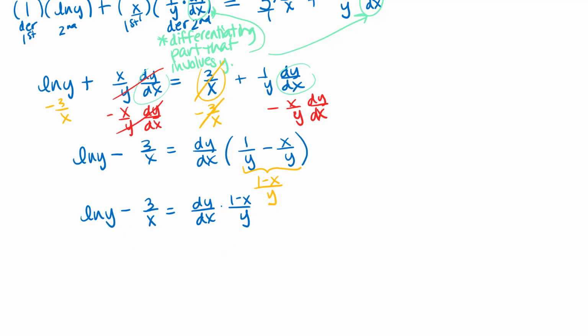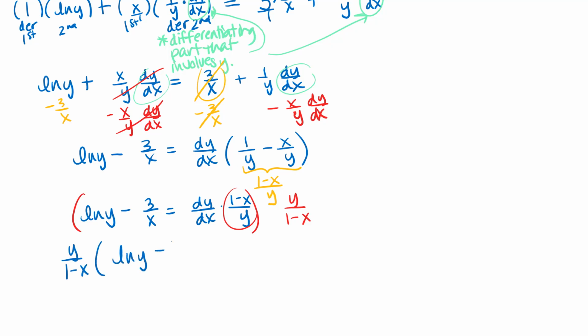And instead of doing that, what I'm going to do is multiply by the reciprocal of the fraction that I have over there on the right side. So I'm going to multiply both sides of the equation by the reciprocal of this. Dividing by a fraction is the same thing as multiplying by the reciprocal of that. So I'm going to multiply both sides of the equation by y over 1 minus x. On the left side, I'm going to leave that factored out. I'm going to put it out front, y over 1 minus x times the quantity